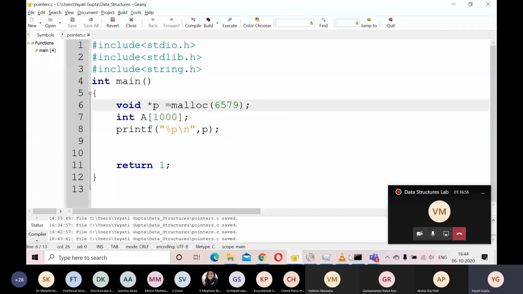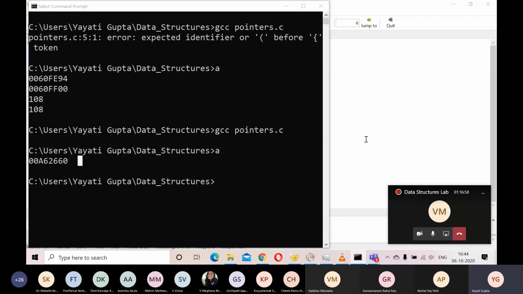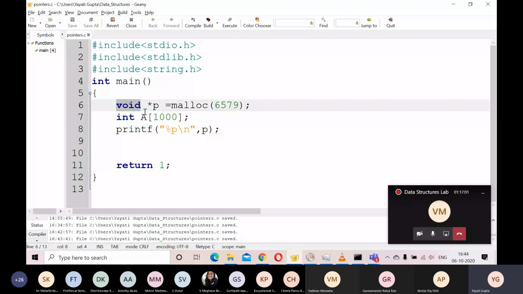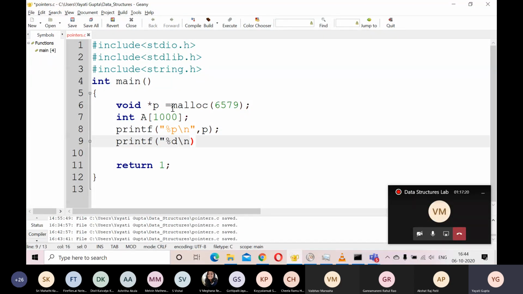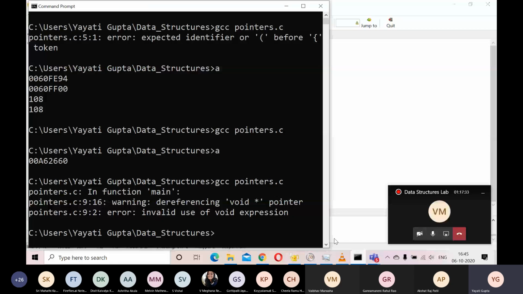Although we got a pointer, this pointer is of type void, right? Since we'll be using this memory to allocate some integers, characters or float type of numbers, we need to typecast it. Currently, if I try to look at the value at this particular address, I don't know what type of value it will hold. Let me assume that it is an integer, and let me try to see what value is stored at this pointer p. When I try doing this, I get an error.